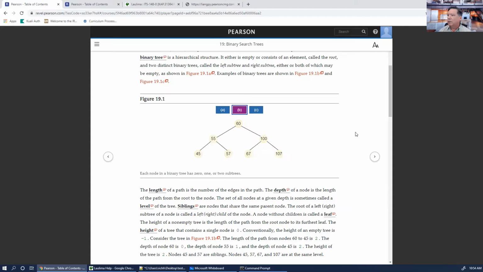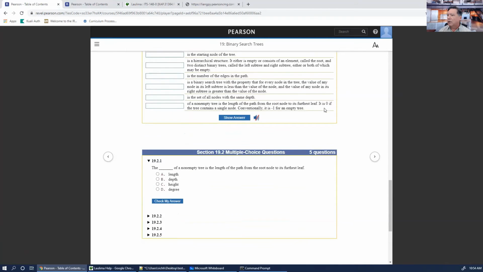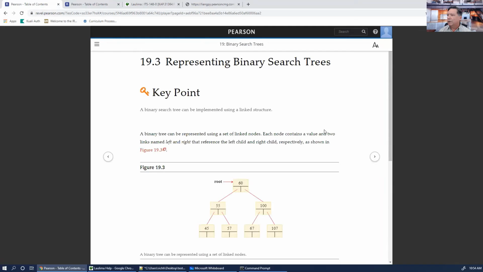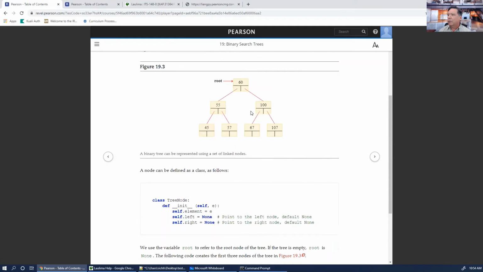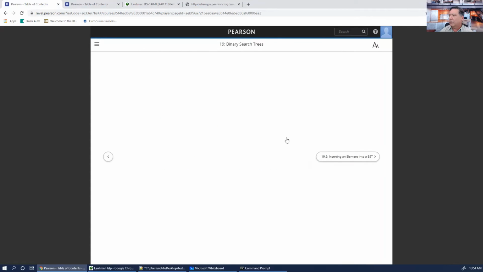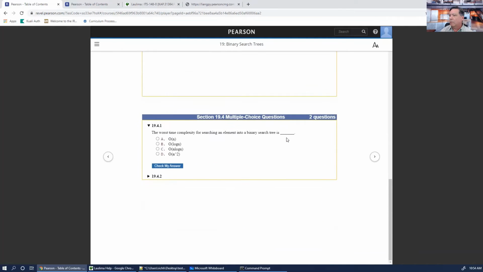But anyway, here's a binary search tree. You should be familiar with this. Here we're representing a binary search tree using the same kind of thing as a linked list, except there are 2 next fields. There's a left next and a right next. That gives us this tree structure. And so for traversing the binary search tree, we can do